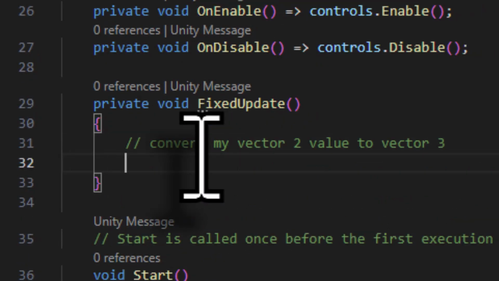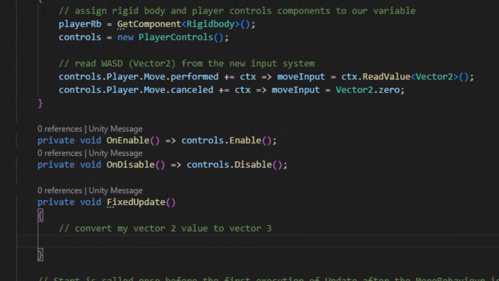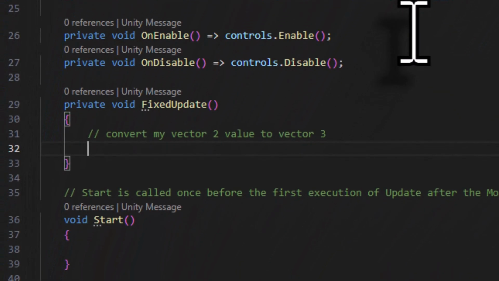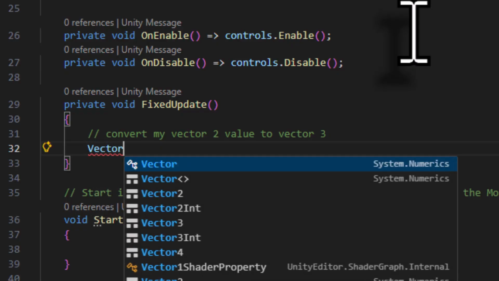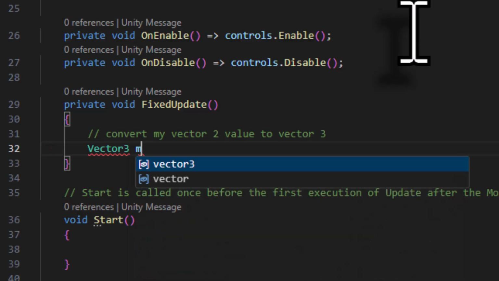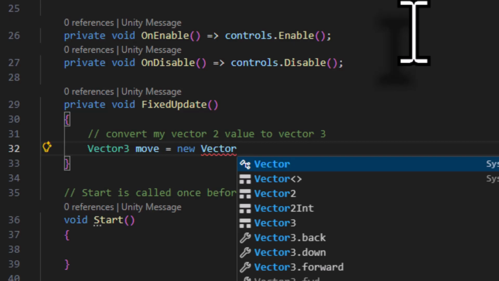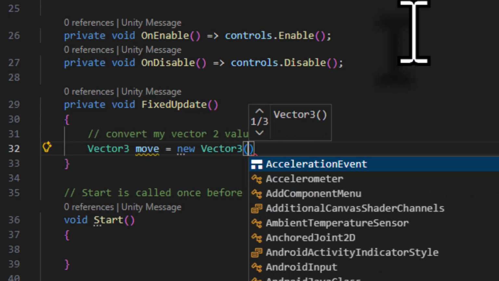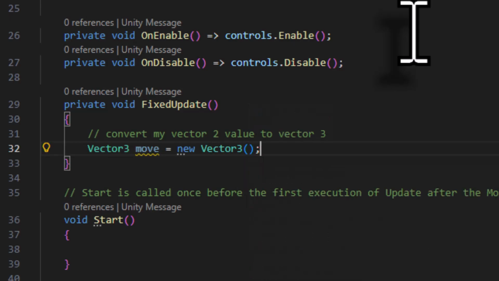I will press enter. Before I apply my WASD movement to my player, the value that we are getting through our input system, this moveInput value, is a Vector2 component, but my player is in 3D workspace and it needs a Vector3 value. So to convert this Vector2 value to Vector3, I will declare a new variable of type Vector3, and I am going to call it move, and this will be equal to a new Vector3. Here I will add open close bracket, add a semicolon, and inside this bracket I have to now